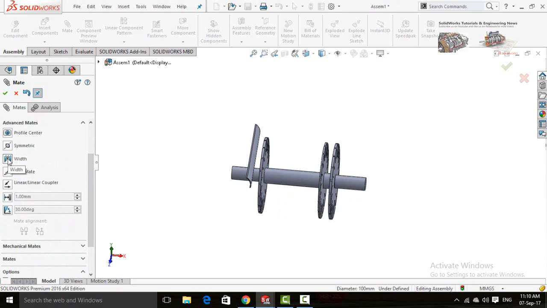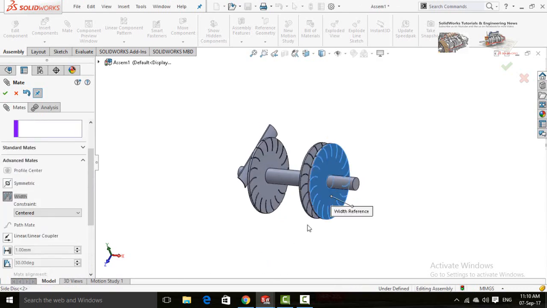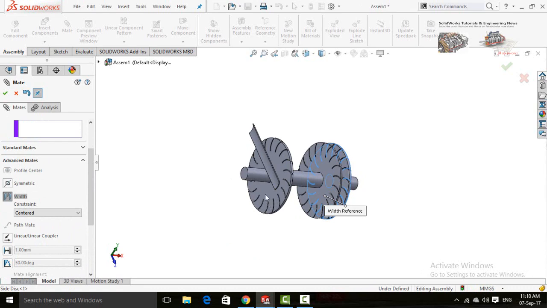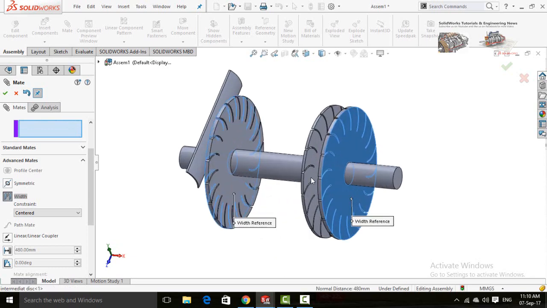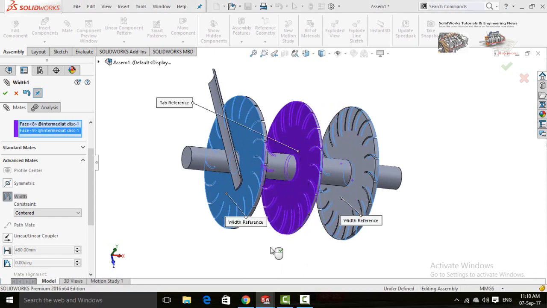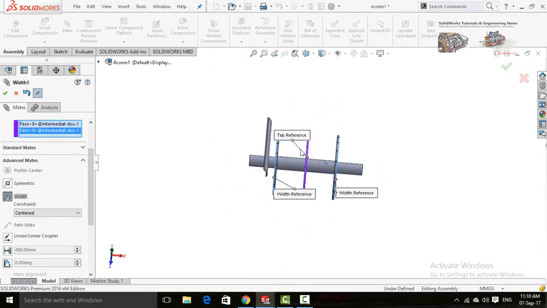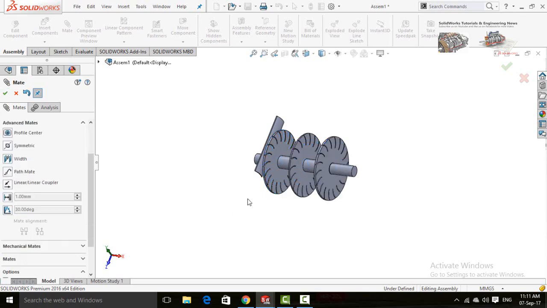Select width option. Now click on this face, then this face. After that click on this face and then this face. So it will be adjusted automatically in the middle of both of these discs. Press OK button.